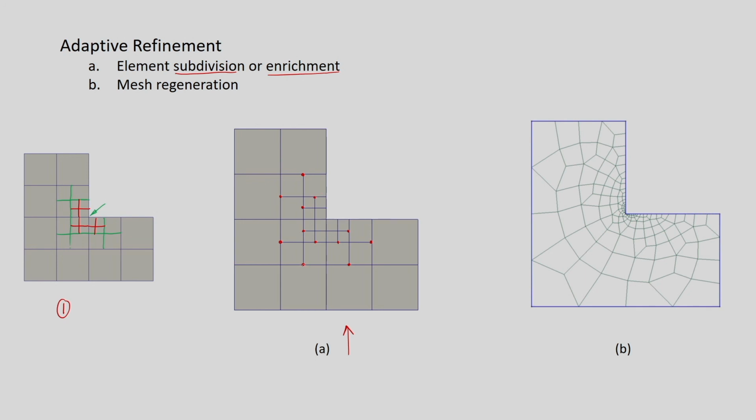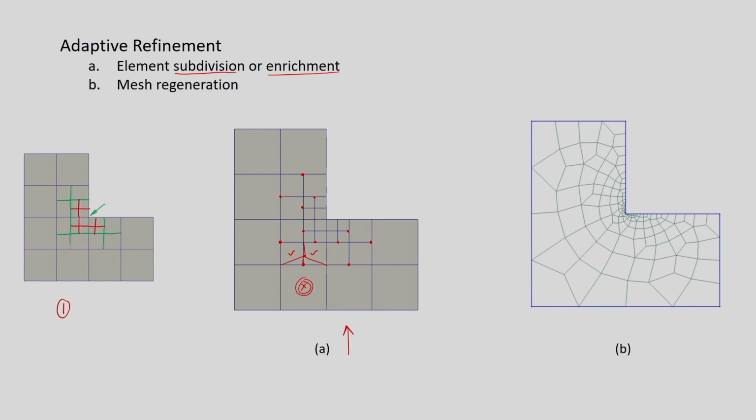See, the phi I associated with this node is defined only in these 2 elements, but it is not defined in this element. Why? Because phi I corresponding to this node varies linearly like this, and in this element it varies linearly like this. In that direction it varies linearly, but for this element there is no definition, because this node is not defined in this element. So, it means that phi I becomes discontinuous.